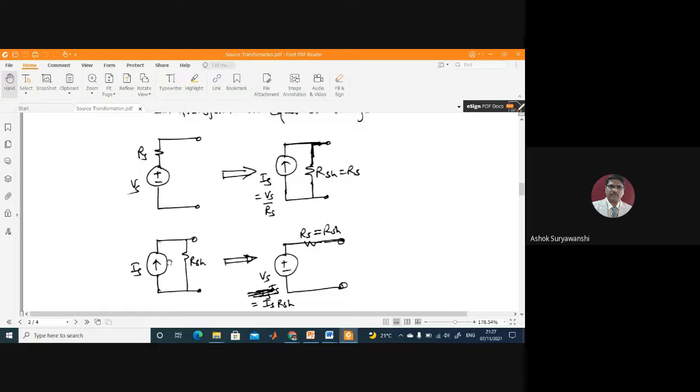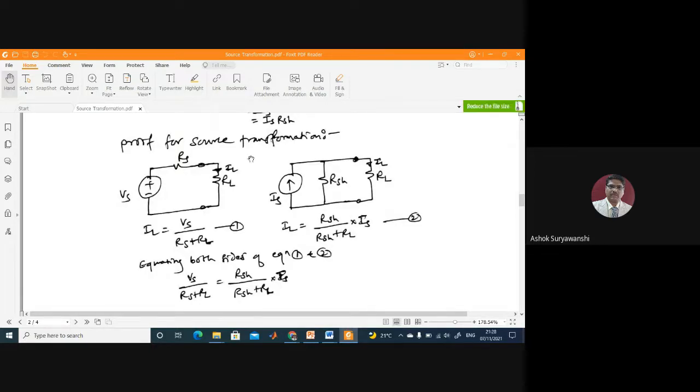Similarly, if you want to transform the current source, then there has to be a resistance across the current source. It can be the internal resistance of the current source or it can be external resistance. So in both these cases, we can transform the voltage source into an equivalent current source, and vice versa. Again, we have to keep in mind the direction of the current when transforming a voltage source into a current source. And similarly, we have to keep the voltage polarity of the equivalent voltage source when we are transforming a current source into an equivalent voltage source.